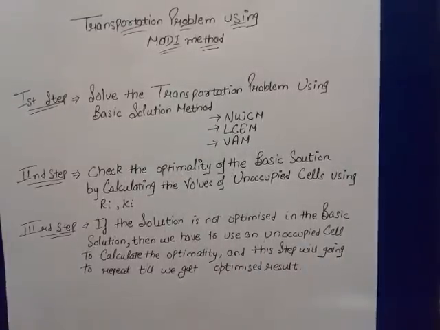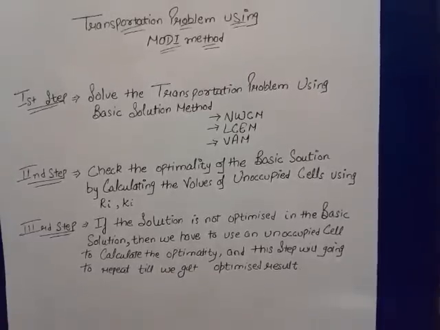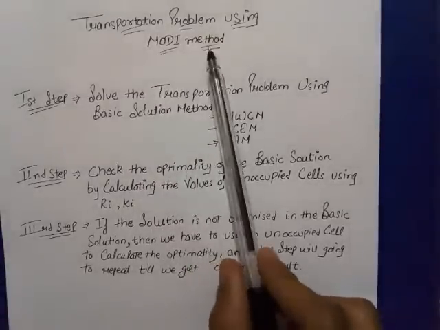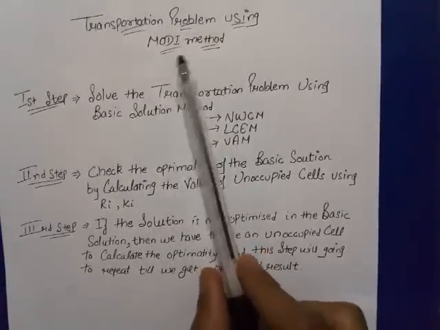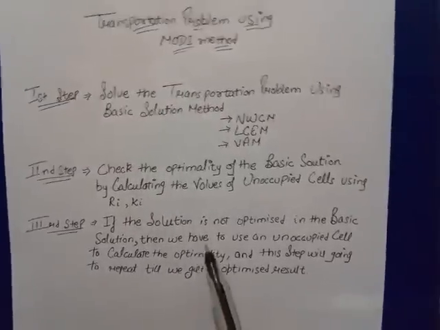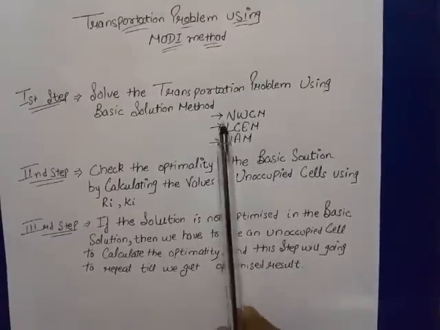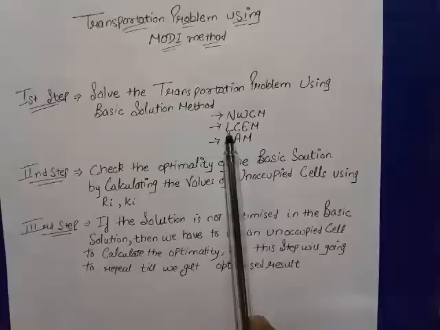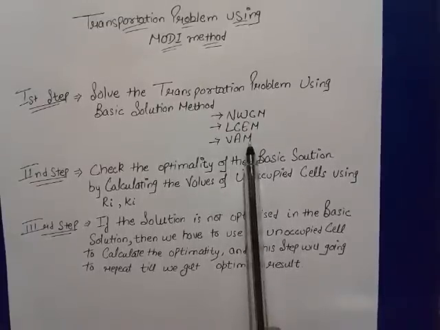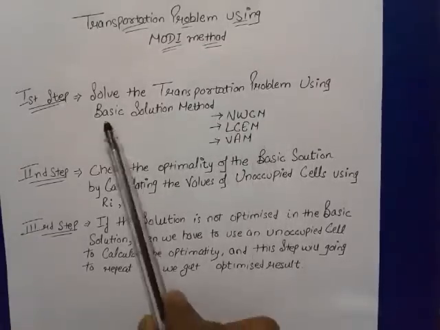In the question, you are given a table from which you have to calculate the transportation problem by using the MODI method. But before going to the MODI method, you have to calculate the basic solution by using NWCM, that is the northwest corner method, the lowest cost entry method, or VAM, Vogel's approximation method. These are the basic methods to get the basic solution